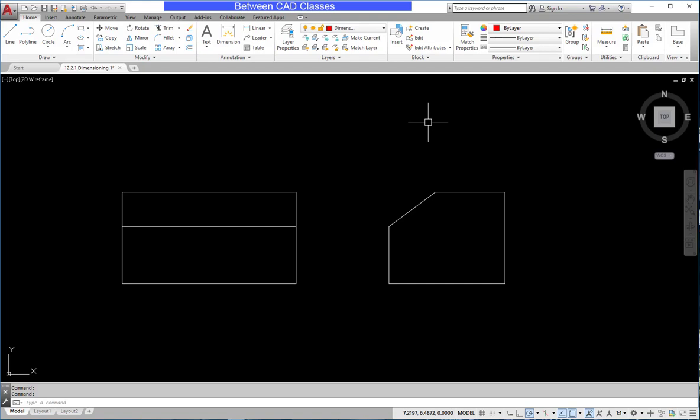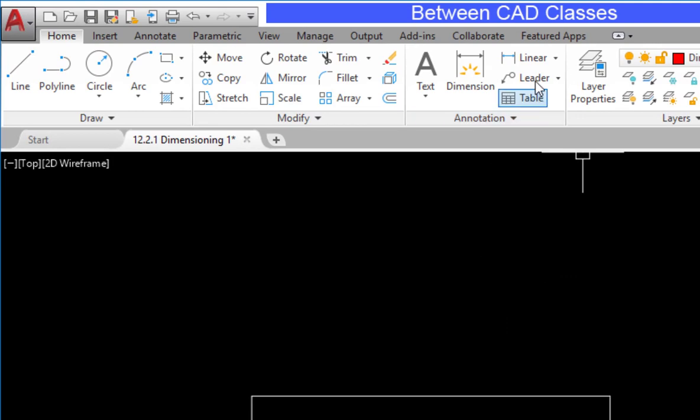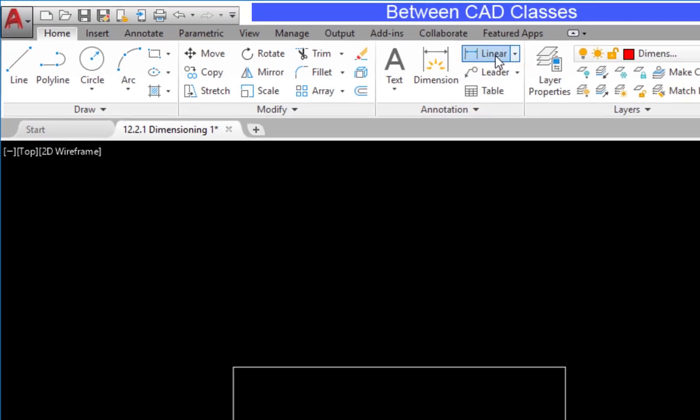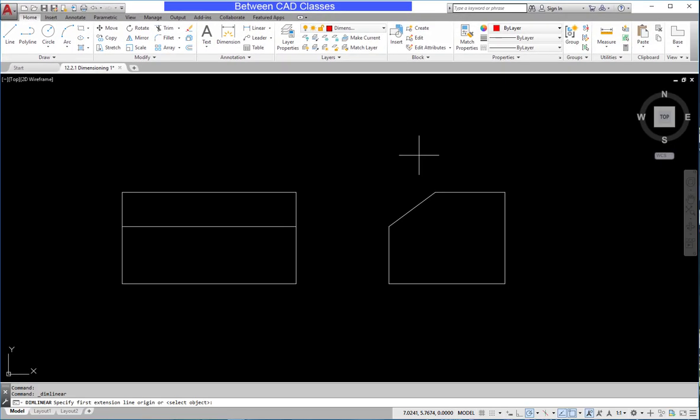The linear dimension tool is located here on the Home tab in the Annotation panel. I'll select linear, and then I can pick 2 points to place a dimension. So for example, I'll dimension the right side of this part here by picking the 2 endpoints, then clicking to place the dimension. Obviously, it's critical that I have object snaps turned on or else my dimensions won't snap to